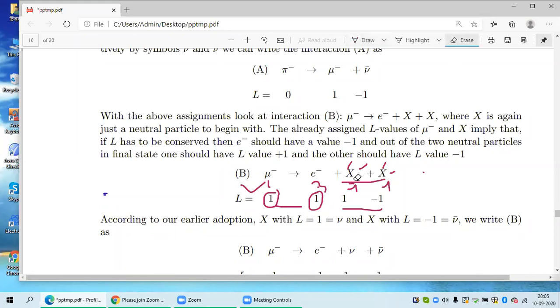Here, you see, follow my argument. If I believe in my heart that nature prefers this conservative assignment of quantum numbers, then it is desirable that these two X's are particle and antiparticle. They are not the same particle. And this has been later proved experimentally, but historically this was chosen. And we later proved that we made a correct choice earlier.